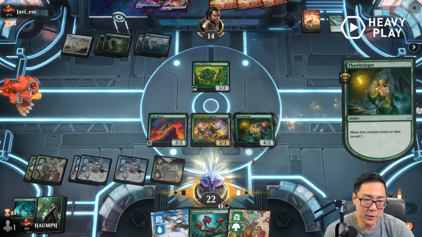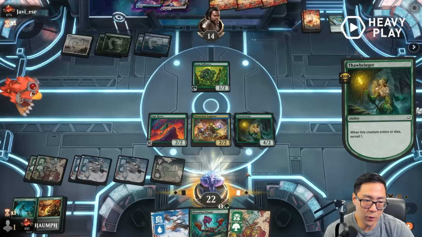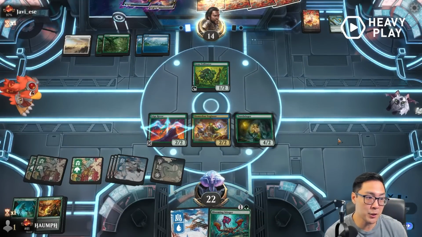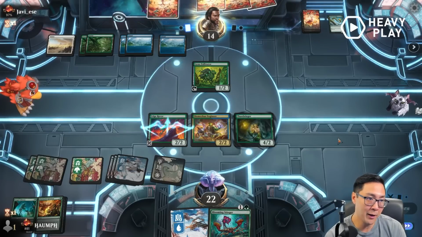So I'll hold off on the Blooming Stinger. Obviously don't want lands. I will absolutely take Diplomatic Relations though. So this is one of those instances, or spots rather, where like...